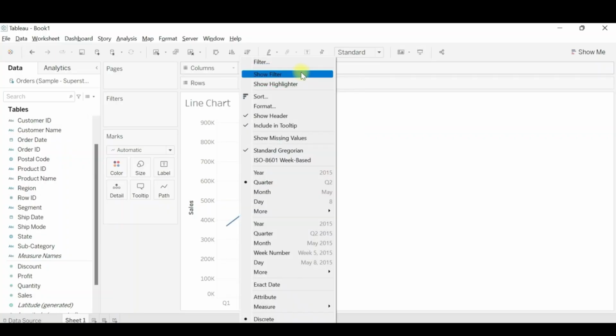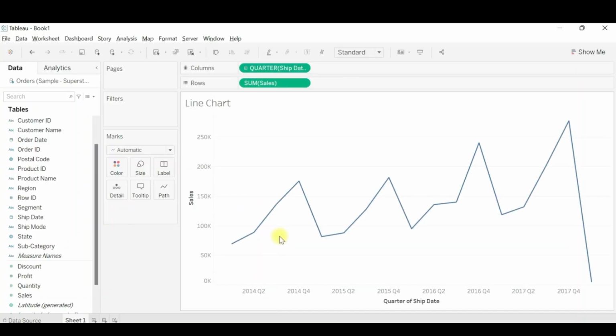Now the requirement that we were talking about. If you see here how it is segregated for only year, only quarter, only month. But what if I'm viewing the data at the quarter level and I need to see the year as well, for which year it is? So how I can do that is I can make selections of these date hierarchies. So for example, I choose this quarter. Now you'll see how the data has changed. Now it is showing me 2014 Q2, 2014 Q4.